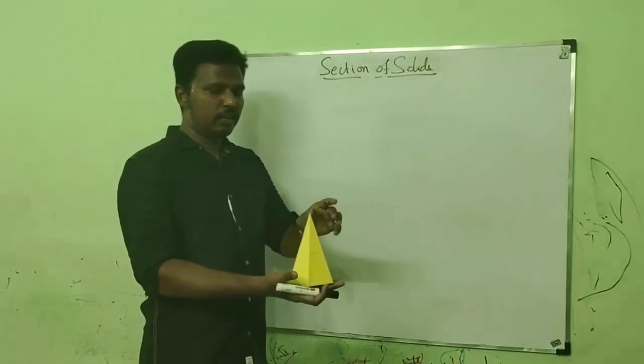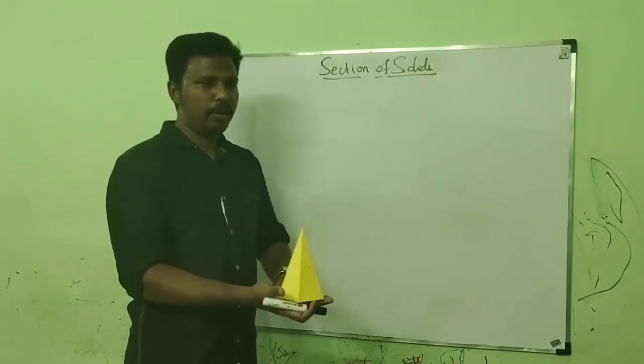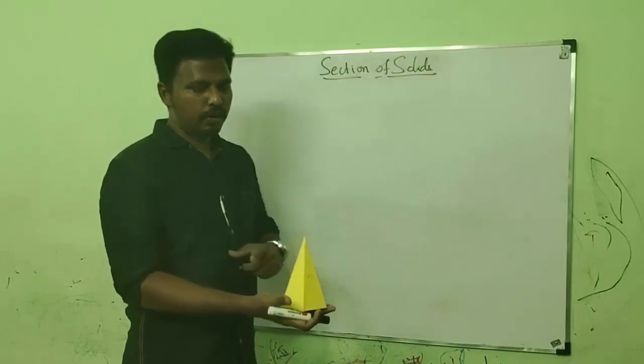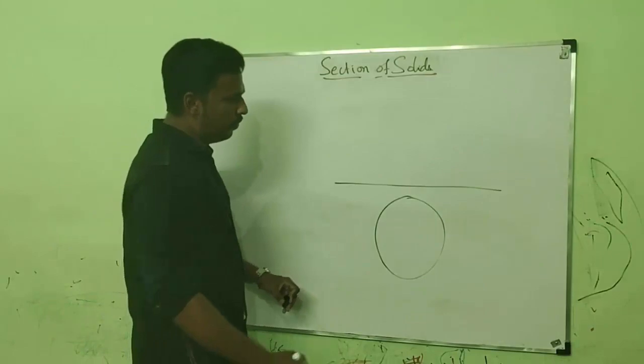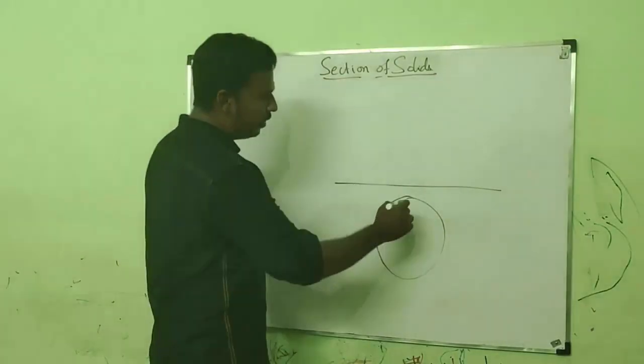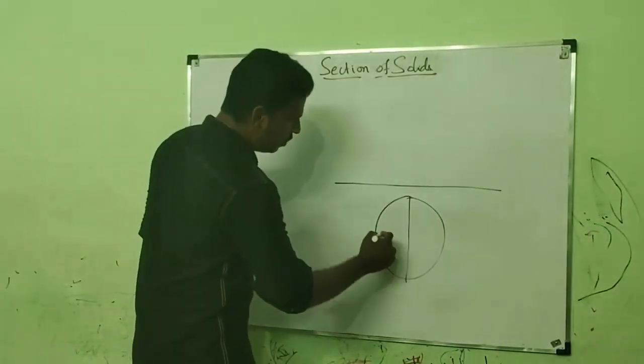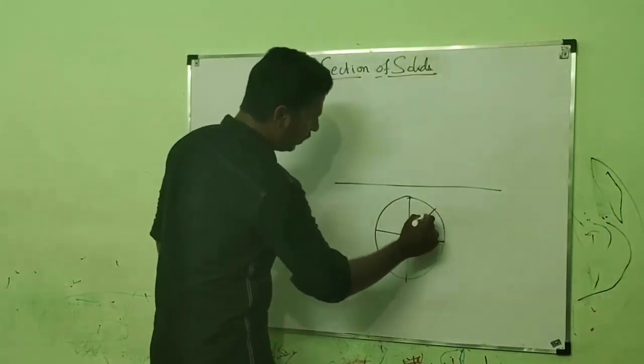As the solid is resting on its base on HP, the top view will be the base view and the front view is the lateral view. So we have to start from the top view. After drawing the top view of the cone, we have to divide it into 8 equal parts by means of drawing the generators.